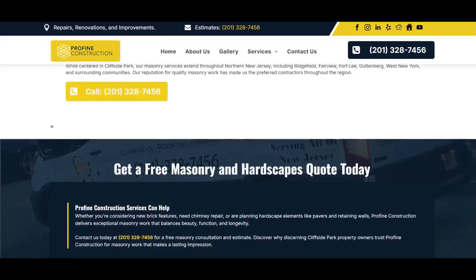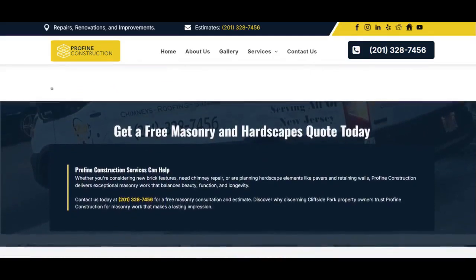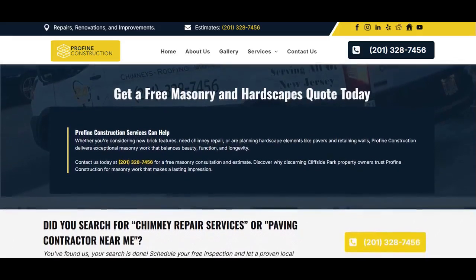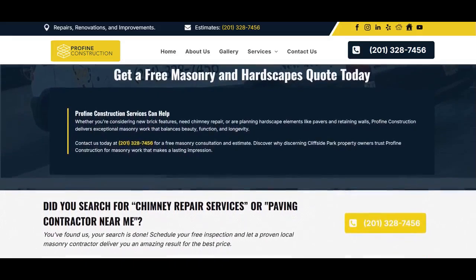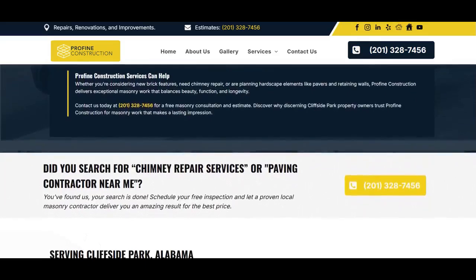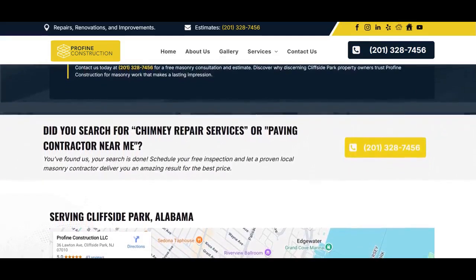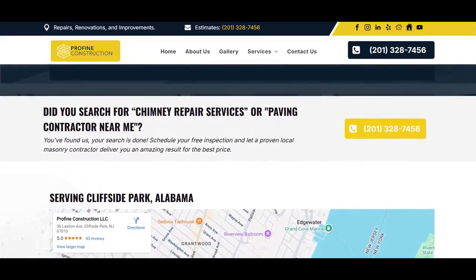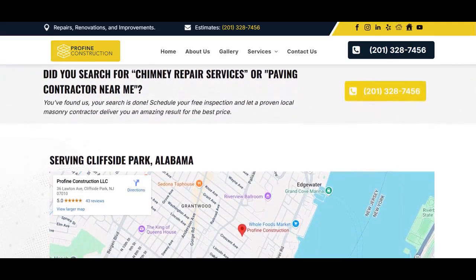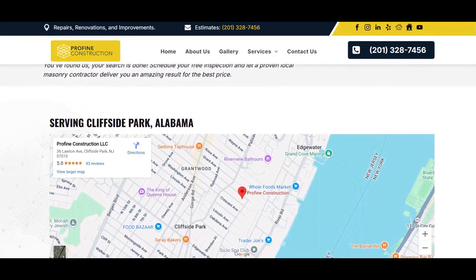Okay, makes sense. Let's switch gears slightly, but still related. Chimneys. Chimneys take a beating, constantly exposed. Profine seems to emphasize catching problems early. Which is smart. You don't want water getting in, or worse, safety issues. What services do they offer for chimneys? It's pretty comprehensive. Repointing, which is fixing the mortar joints, crown repairs or replacement, that's the top slab. Full rebuilding if needed, fixing the flashing where the chimney meets the roof, waterproofing, also liners and dampers. So the whole system, basically. They stress that regular maintenance by masonry pros keeps things safe and reliable,